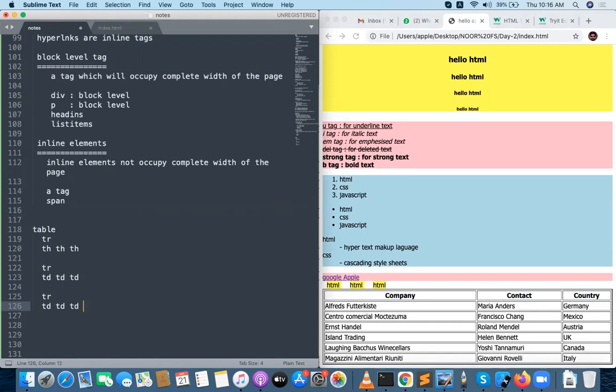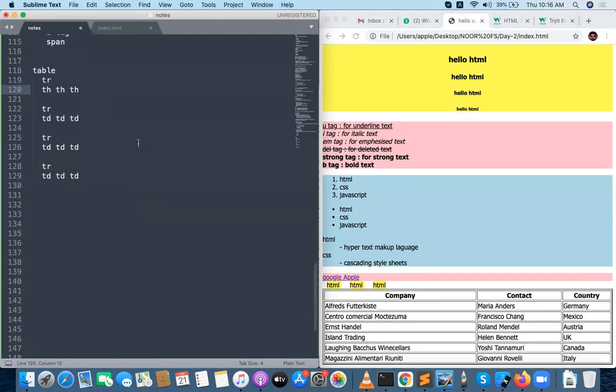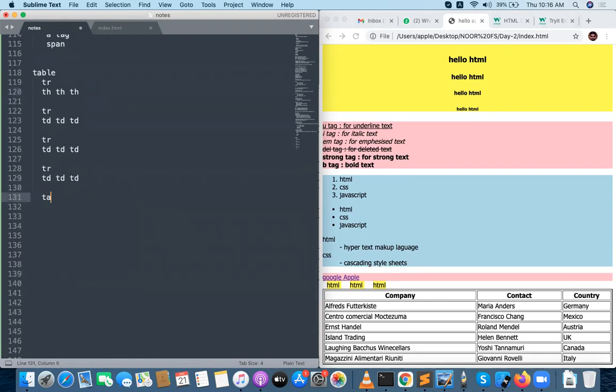Am I clear? One more tr containing td, td, td. This is the architecture. And th is taking the header. Okay, what th can do, I will tell you. I will write all the things now.